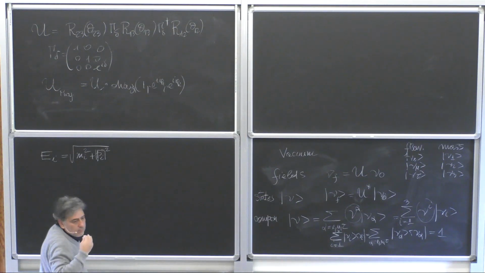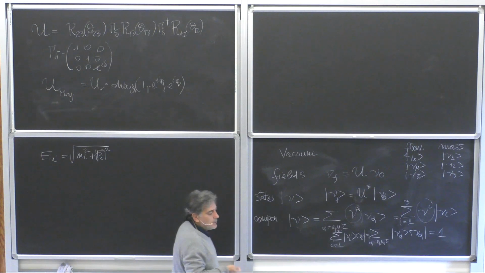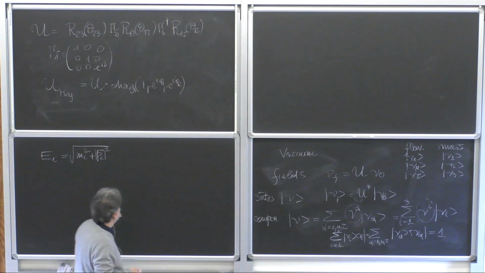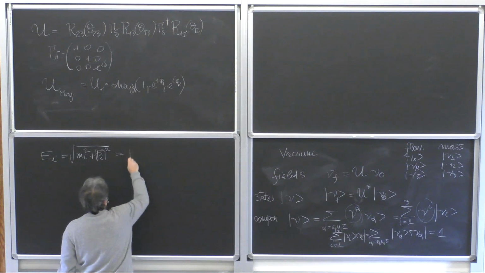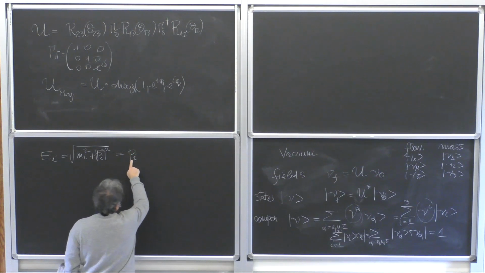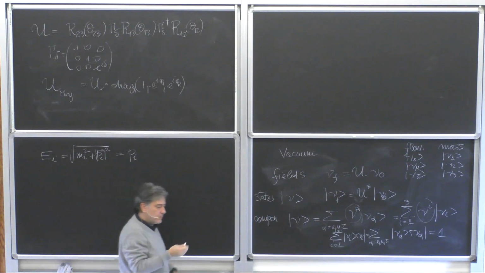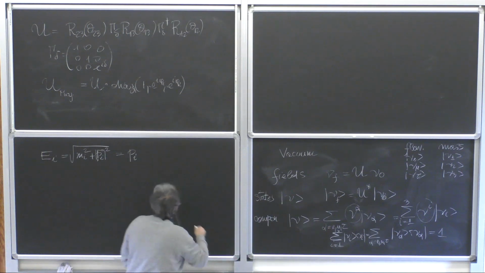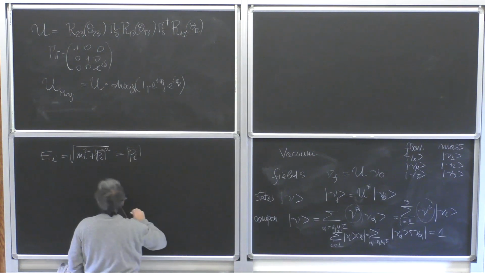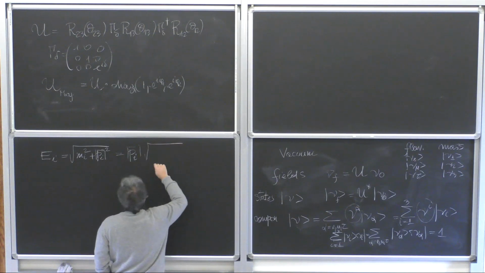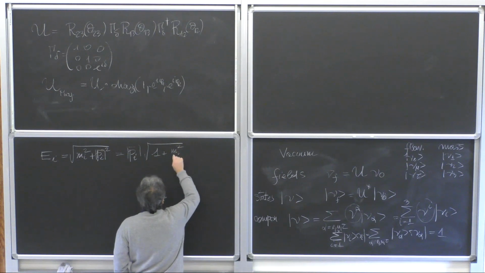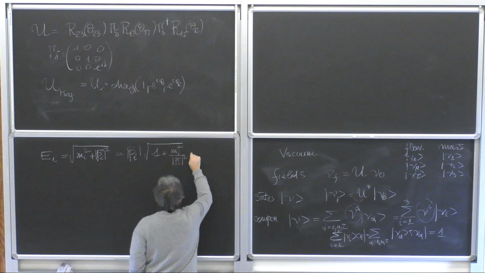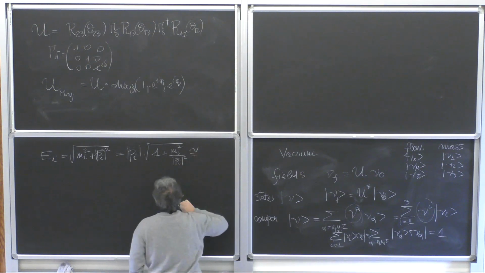We know a posteriori that neutrino masses are very small. Here I used P to say the modulus of the 3 momentum. So E equals P times the square root of 1 plus mi squared divided by p squared,